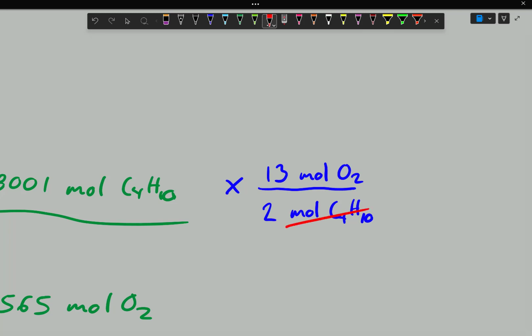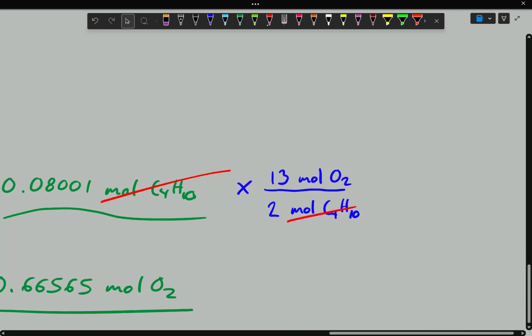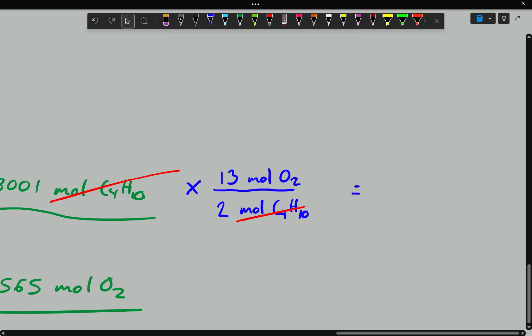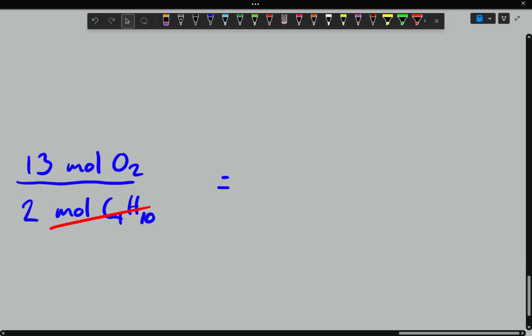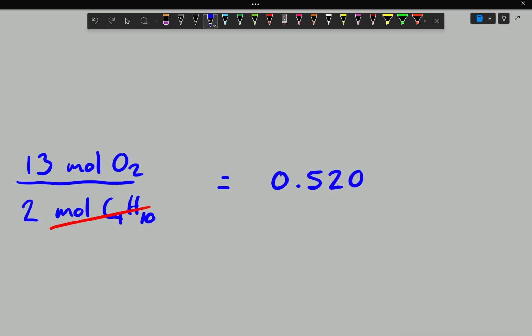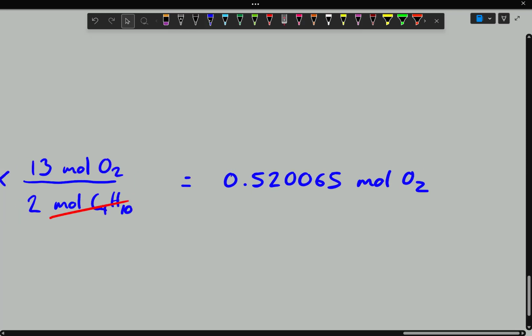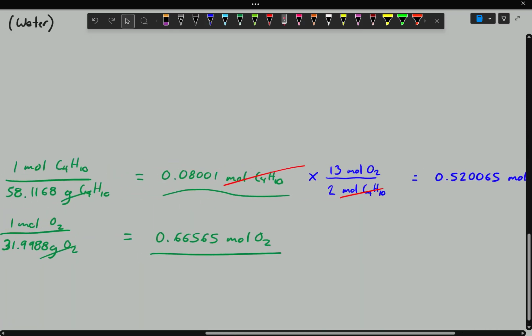The moles of butane cancel, and you're just left with 0.08001 multiplied by 13 over 2. If you do this calculation, you find that you get 0.520065 moles of O2